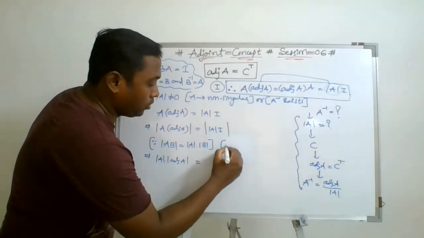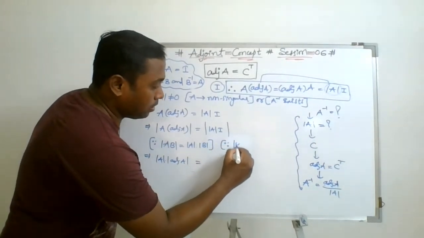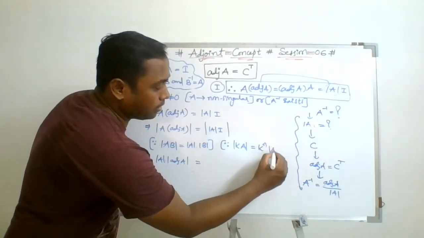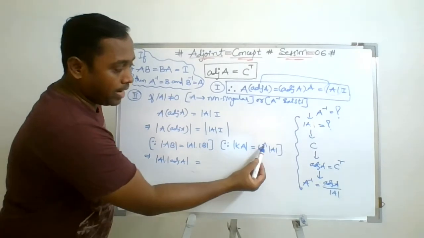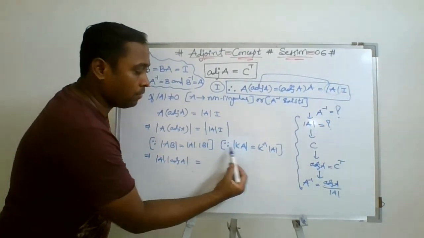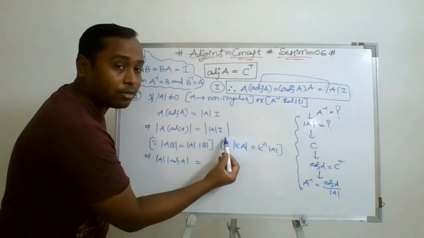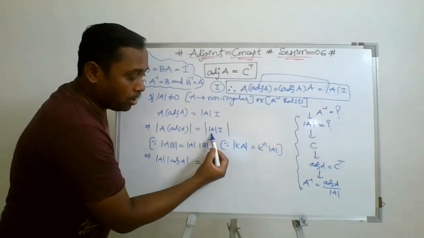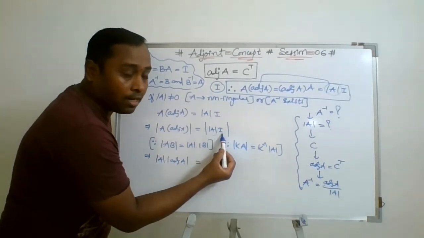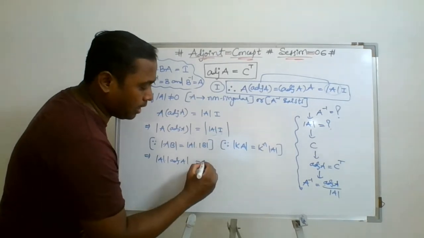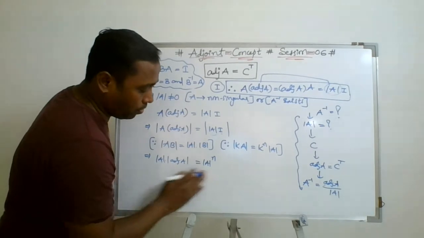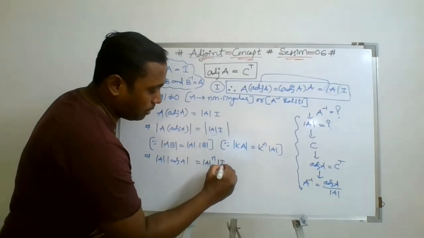Now, we also studied that determinant of k into A is equal to k to the power of n into det A, and n representing the order of the square matrix, from the properties of determinant. With the help of this, I can solve the right hand side. Det A is a number, hence it is treated as k. I is an identity matrix of order n, hence this result can be written as k to the power n, that is det A to the power of n into determinant of I.